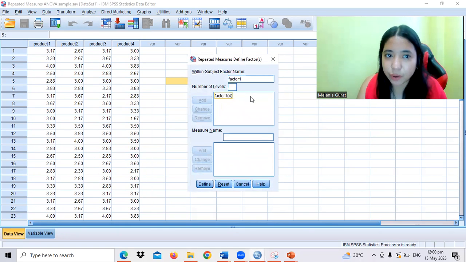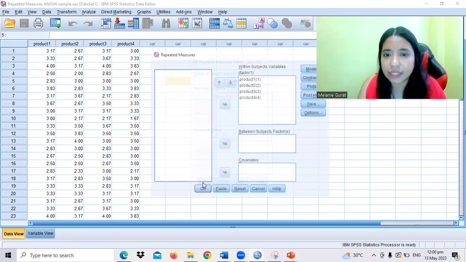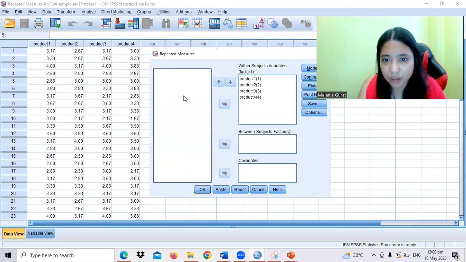So we encoded 4 because we are comparing 4. However, here it's already placed because of course we are done doing that. And then we also define it, and then we place all the products 1, 2, 3, 4 in place of the values in the within subject variables.